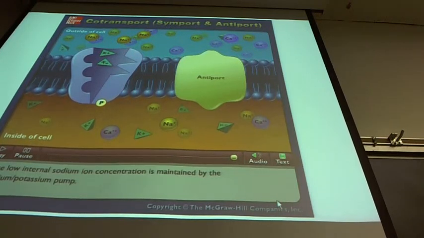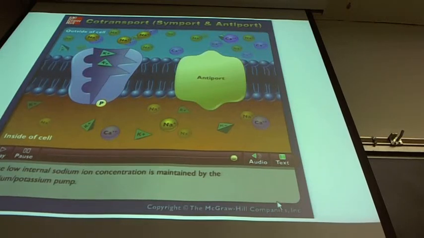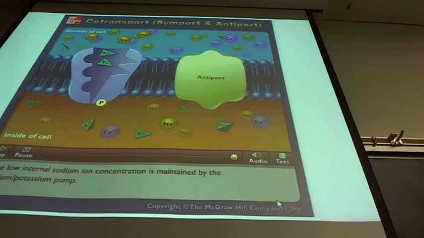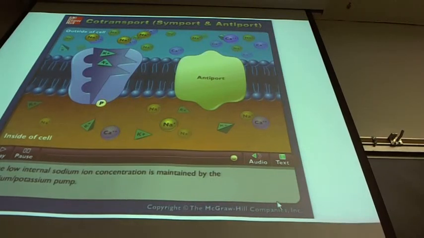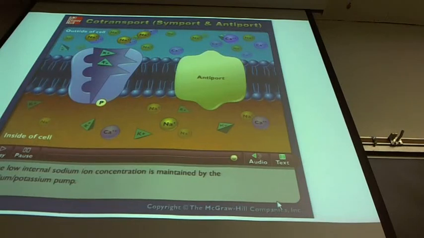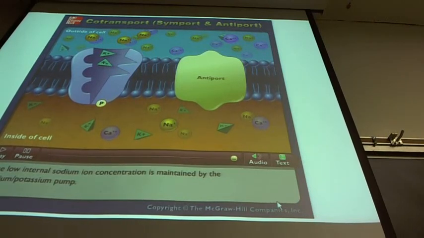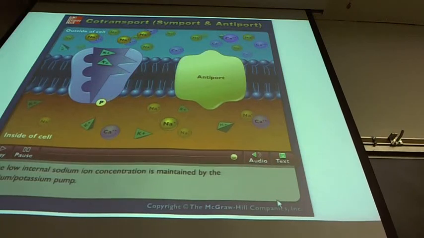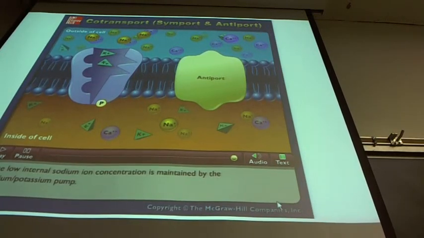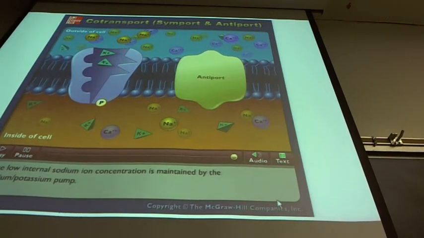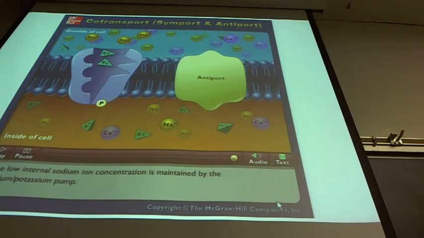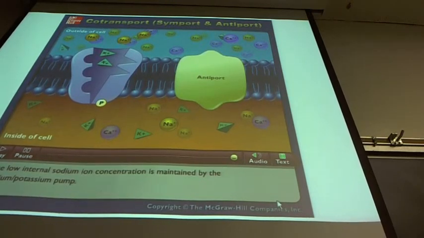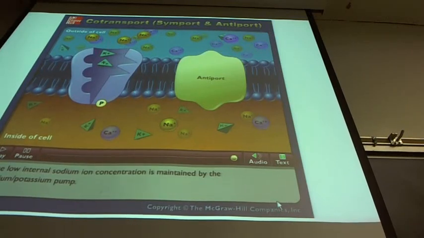in the cell is about 30 times more concentrated than the potassium in the extracellular fluid. For potassium and sodium, we use milliequivalents per liter, which is a mole times the valence. Potassium inside the cell will be somewhere around 120 to 140. Potassium outside the cell will be about 4, between 4 and 5. And then the co-transport is just from lower to higher, that's why it doesn't need